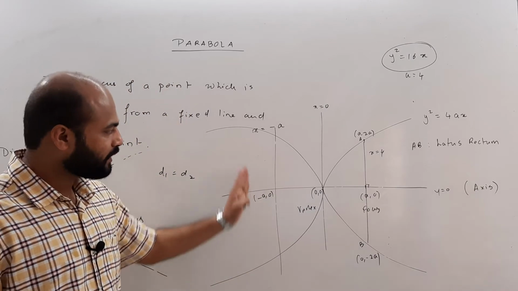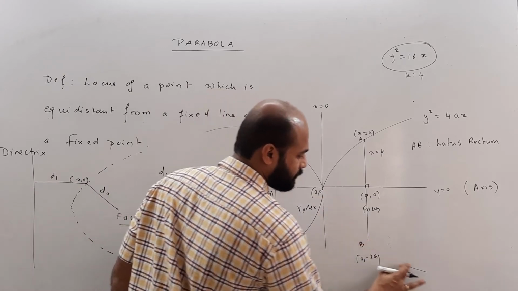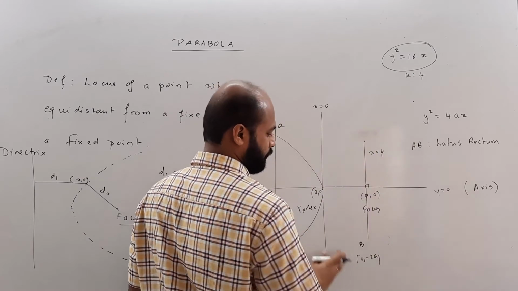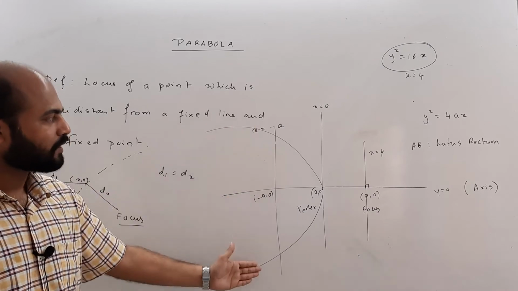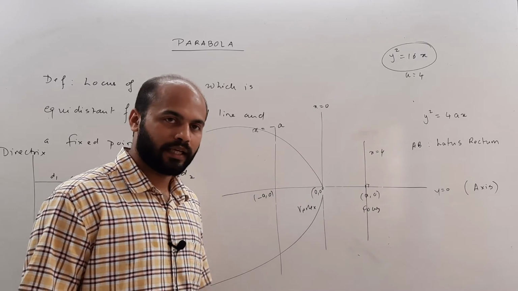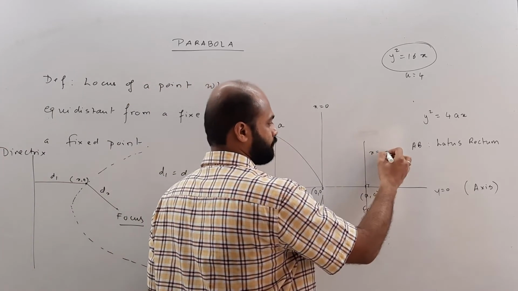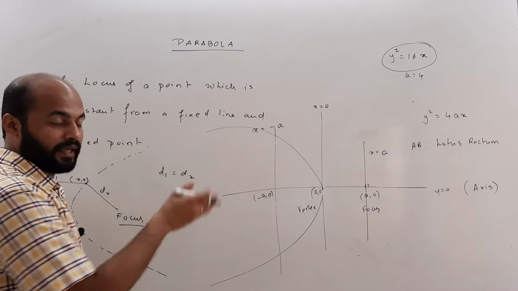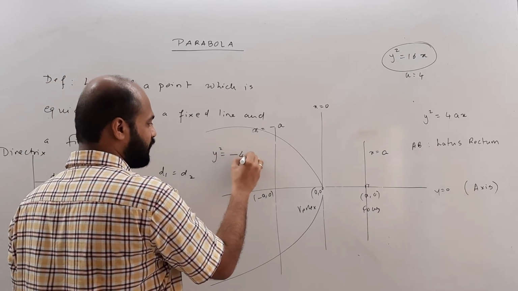However, the directrix of this particular parabola, let me just eliminate this. So now you can clearly see that the equation of this latus rectum is going to be x equals minus a. The equation of this directrix is going to be x equals a in this case. So the equation of this kind of parabola, which is inverted exactly opposite to the first parabola, is y square is equal to minus 4ax.